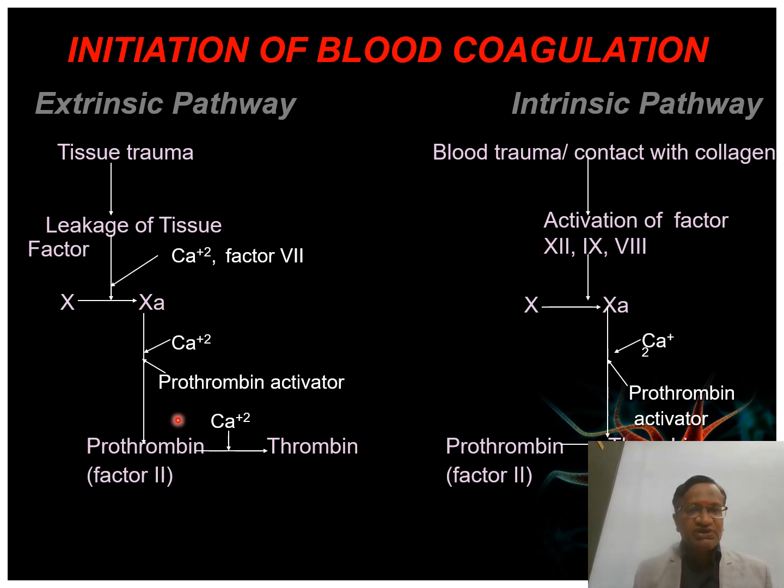So this goes on to form 2 to 2A in the presence of calcium, where again prothrombin forms 2 to 2A, but there is no factor 7 here. So thrombin converts fibrinogen to fibrin, and fibrin stabilizing factor makes it stabilized fibrin and it clots. This is the intrinsic pathway and this is